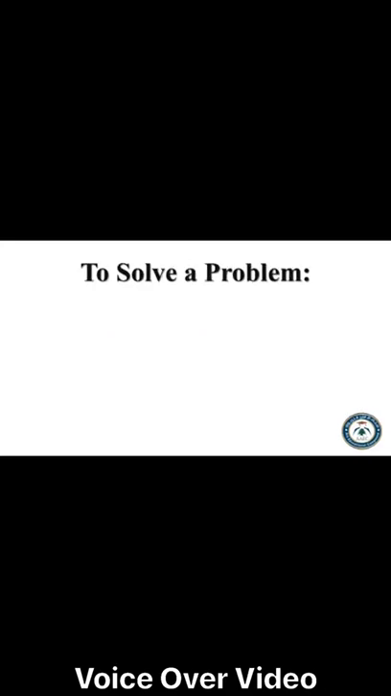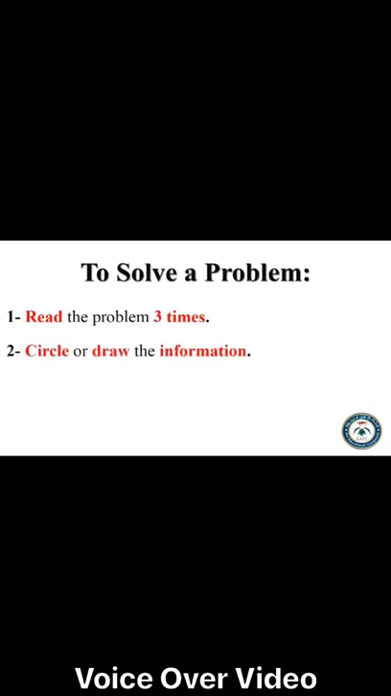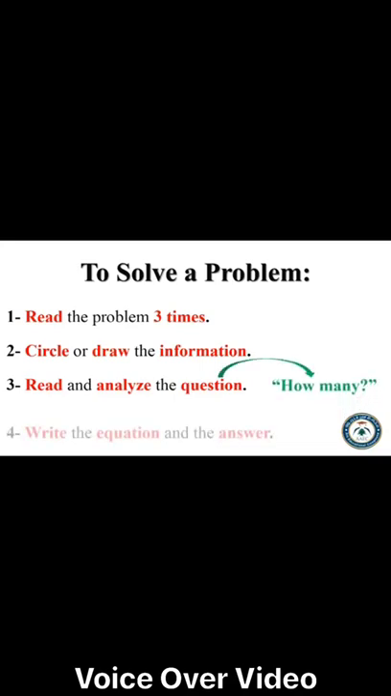In order to solve a problem without facing any difficulty, you should follow these 4 steps. First, read the problem 3 times, because if you read it only once, you may not understand it. Second, circle or draw the information. This means you circle the numbers in the problem, and if you want, you can represent it through drawing. Third, read and analyze the question that usually starts with how many. And finally, write the equation in